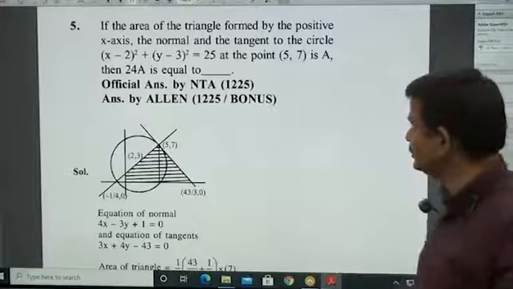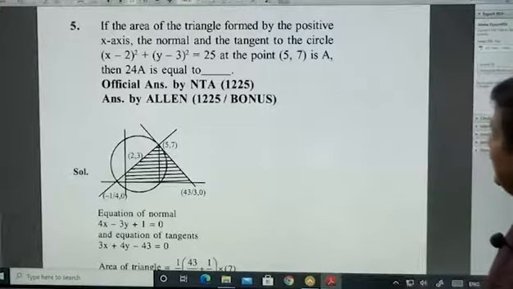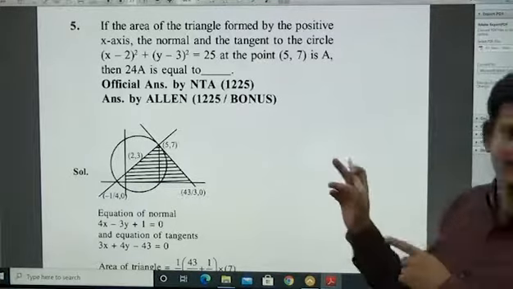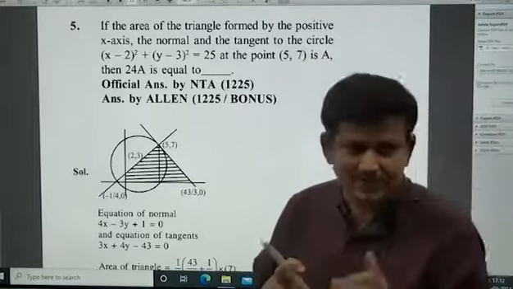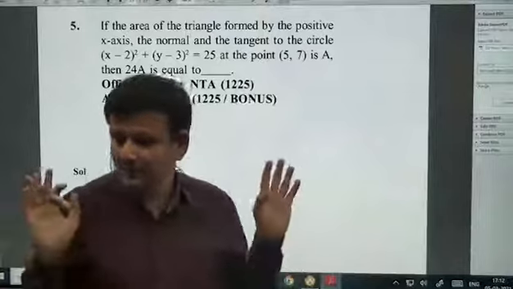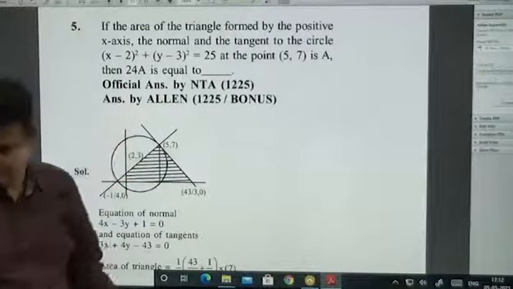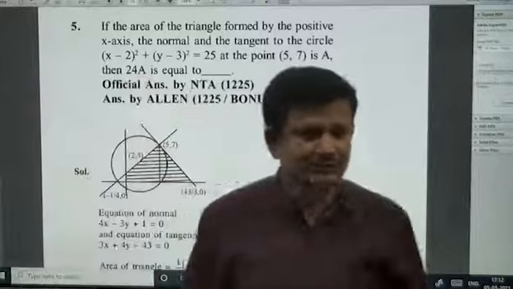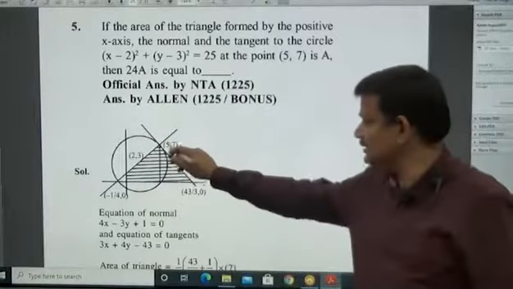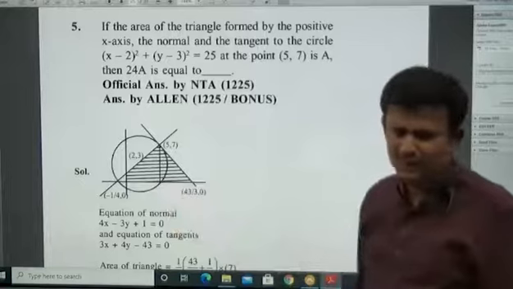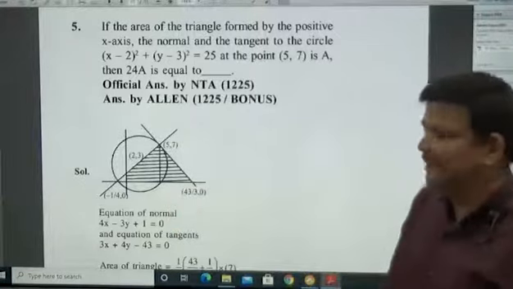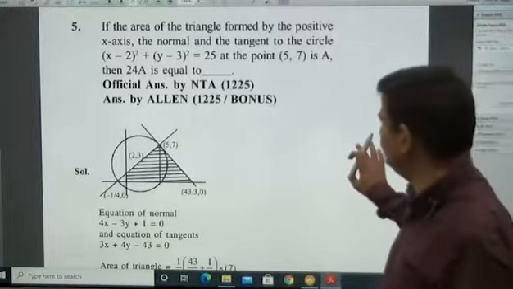Area of the triangle formed by x-axis. Again, I told you the same thing. Area question, if at all it is coming, circle, line, parabola. That's it. So here he gave a combination of a circle and two lines. Simple geometry will work. Normally this will be a semicircle. Geometrically also you can do it, integration also will work.